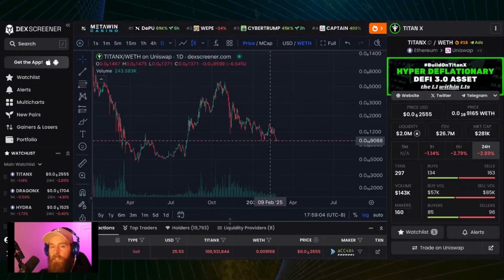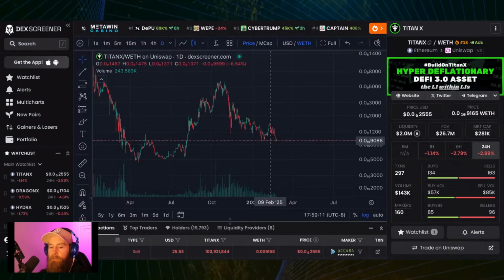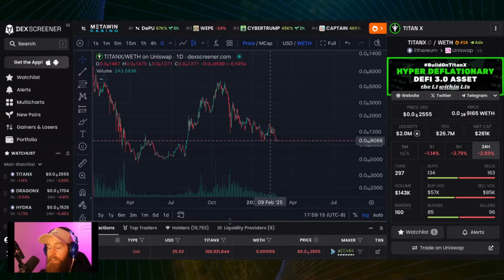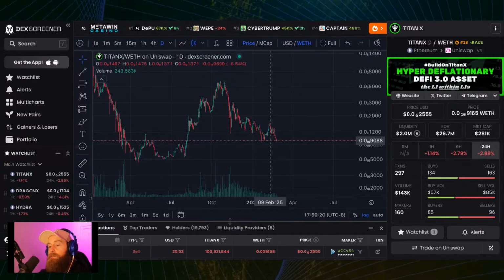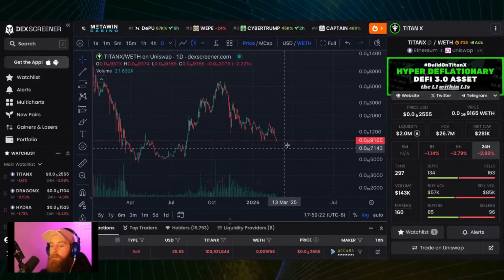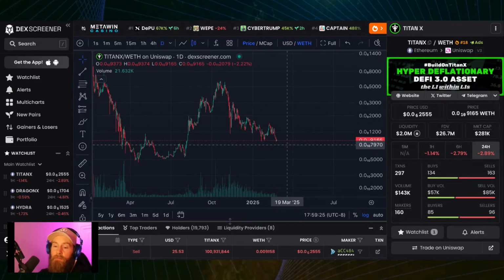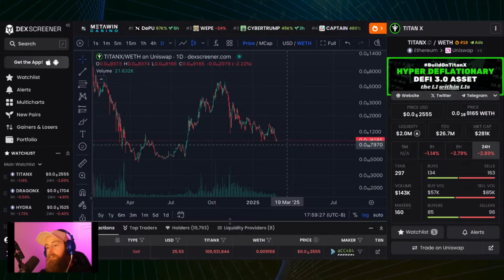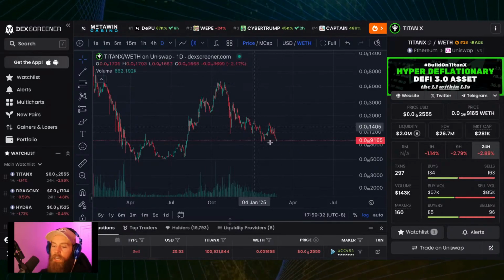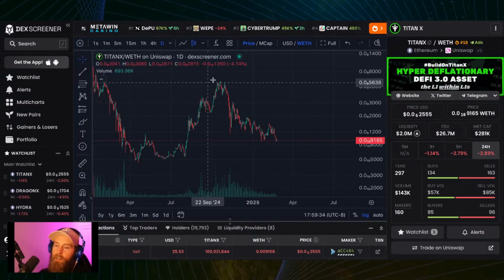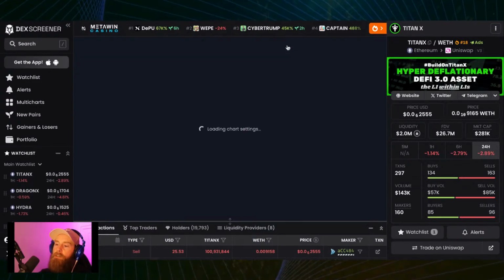We all know that the system, TitanX, all the other pieces built on top of it, Phoenix, Matrix, Hyper, Dragon X, all the 34 protocols that I'm not going to name drop right now, and 20-some odd that are coming. They're all coming for good reason, because TitanX is a system that we believe in, and you believe in, most likely if you're watching this. And so at some point, this will turn around. This happens to almost every project where it just gets dumped down. It goes through its capitulation phase, and then it recovers.